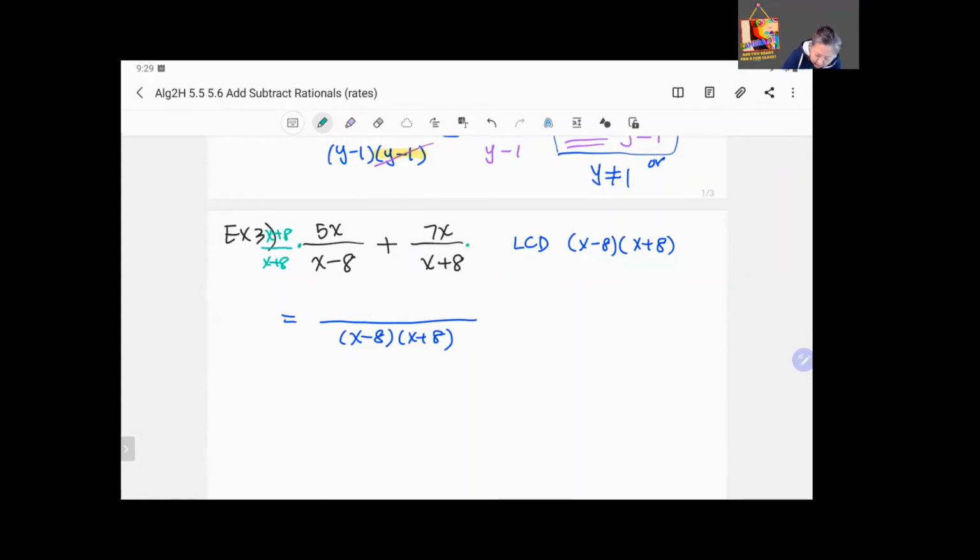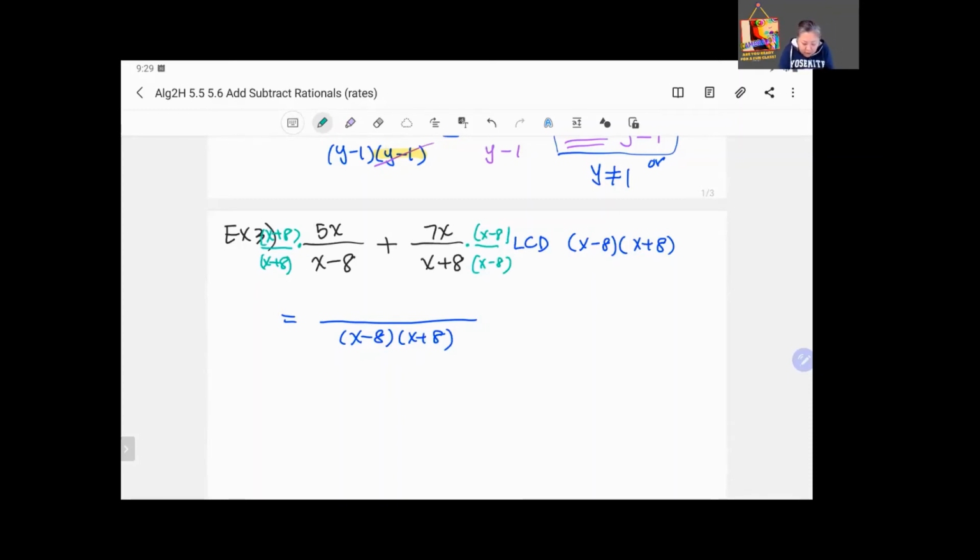And the second rational expression needs to be multiplied top and bottom by, since x plus 8 is already given, what I need to multiply is x minus 8 and x minus 8. And it's technically all parenthesized here, right? Okay, then